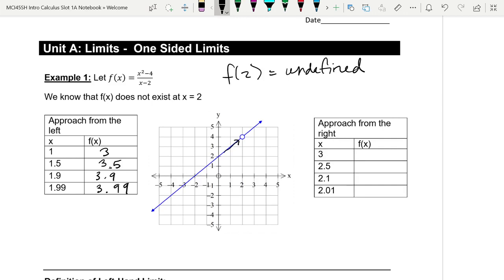So from the right, when x is 3, the value of that function is 5. When it's 2.5, I get 4.5. When it's 2.1, I get 4.1. And when it's 2.01, I get 4.01. So there we go. There's all of the evidence I need to conclude for myself that